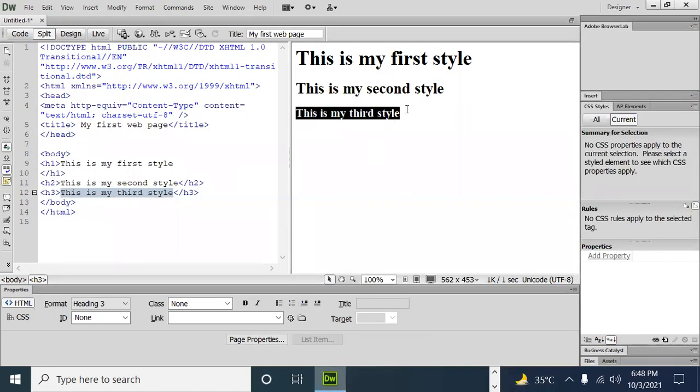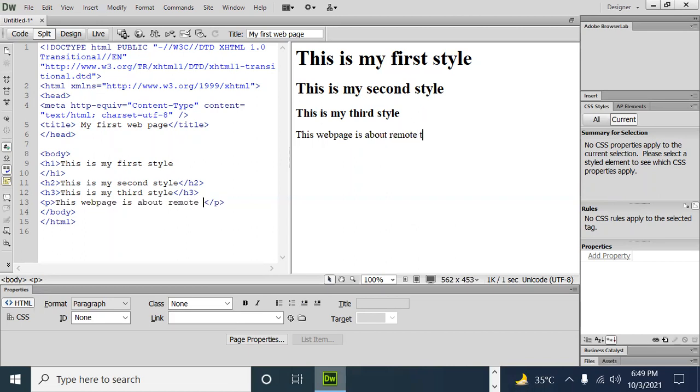So this is my first style. Suppose my remote teaching text.